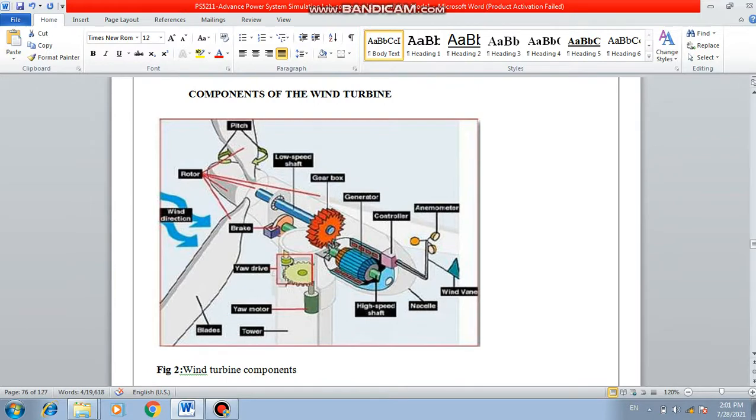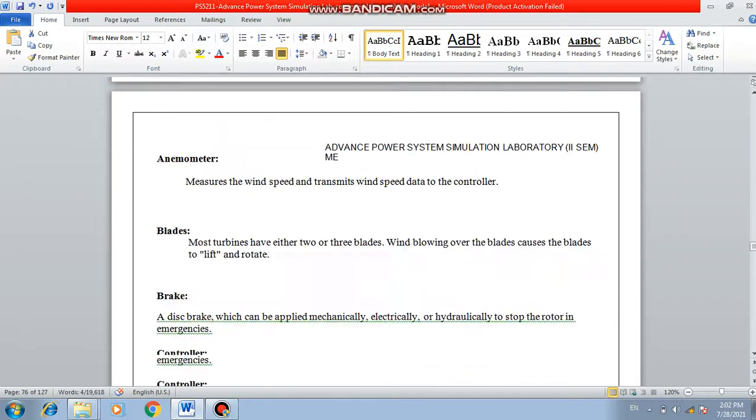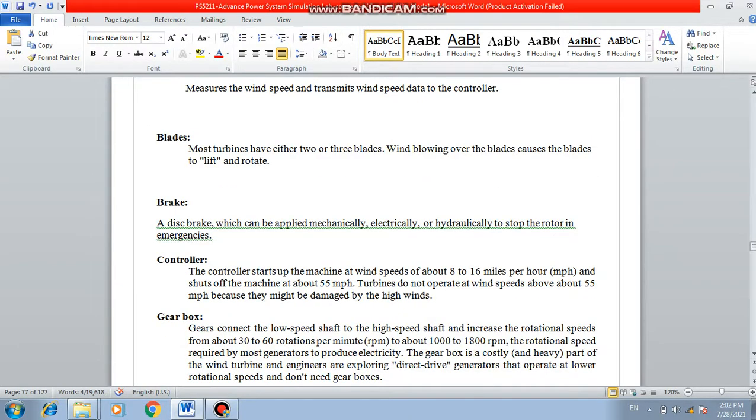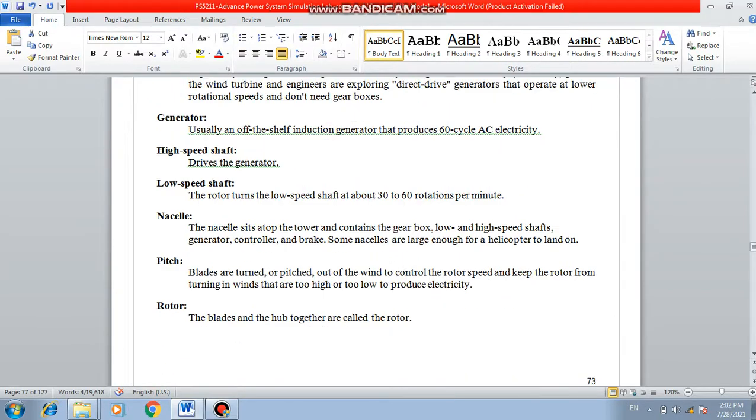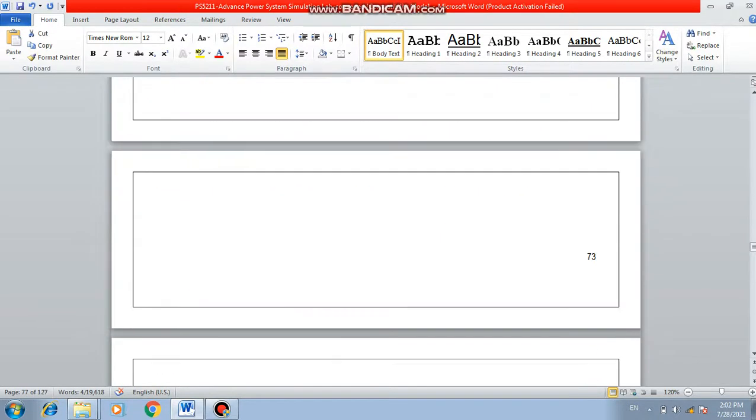of the wind turbine. So the pitch angle control, rotor control, and wind direction are sensed, and then the blades will be rotating accordingly. There is a brake mechanism, yaw drive, yaw motor, and then a gearbox, generator, the controller, speed controller, and the direction is sensed by the anemometer. So these are the components present in a wind turbine, and various components, blades, brake, control, everything has been given here as a study.